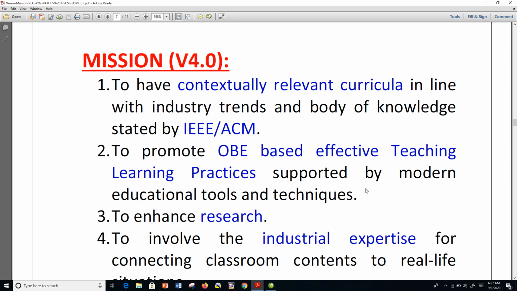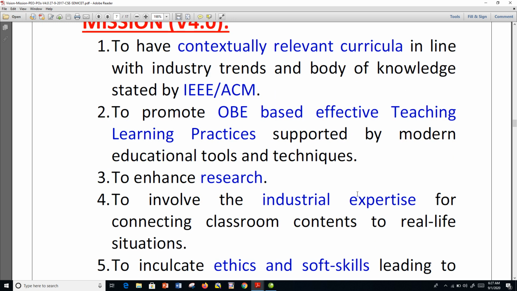The fourth important point is that we connect a minimum of two industrial talks in every course in a classroom. Every course teacher will do that so that you know about the industrial trends and you get connected with the people and all. That we will ensure, that's our prime focus of the course coverage or the learning experience that we give to you.